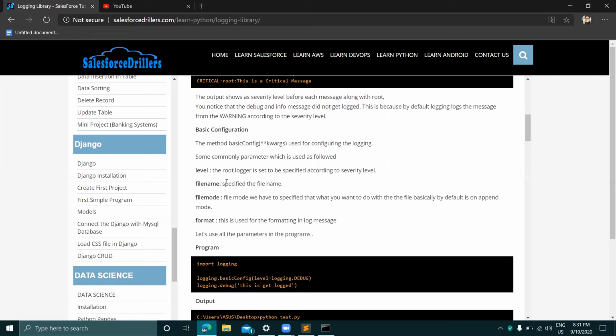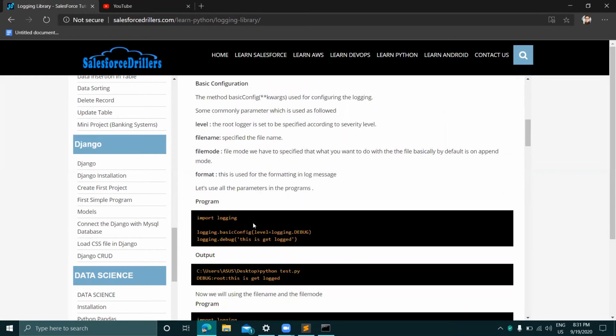Filemode is just like file handling; if you want to create a new file you have to use W, by default it is set to append mode. Format is used for formatting the log message. So let's understand by the program.